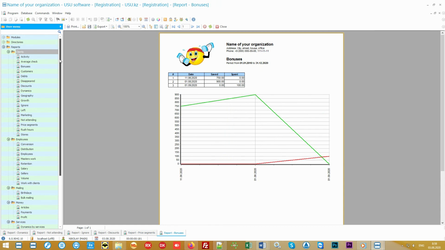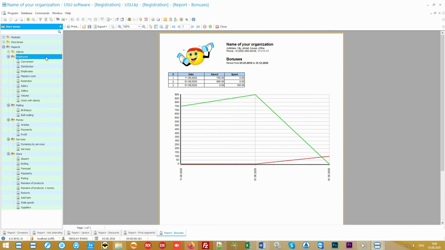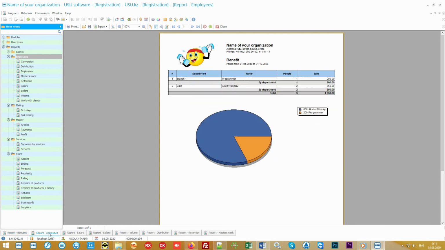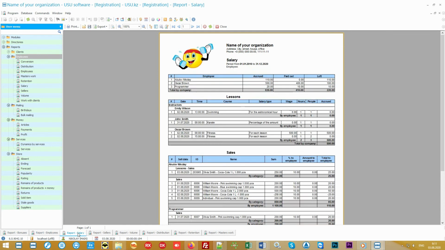in your center. The second most important thing is staff analysis. No matter how well you work with people as an organization, it's the employee who performs the most important work. The first sign of a good specialist is the benefit that they bring to the company, calculated in monetary terms. If the employee's salary is not fixed, but piece rate, the program will easily calculate it automatically. To do this, you can simply set the wage individually for each specialist. It's even possible to fine-tune salaries for different types of services provided.